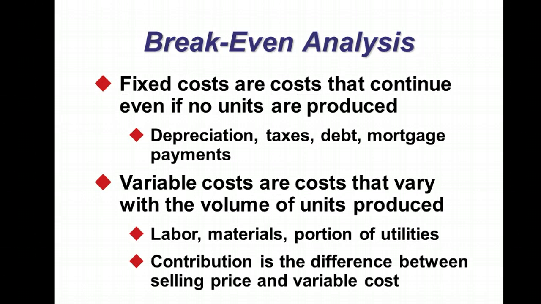Break-even analysis. The way you figure out this sort of break-even analysis, and where we showed the economies of scale and diseconomies of scale, we start dealing with fixed costs and variable costs, okay? Fixed costs, as you know, are depreciation, real estate, things like that. Variable costs are typically the things that go into the product. So, the individual labor, materials, the portion of utilities. Not all labor would truly be a variable cost.